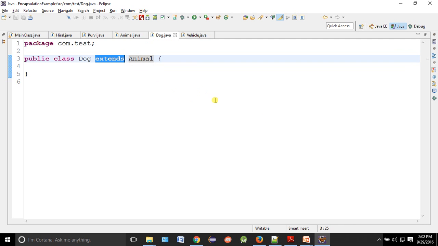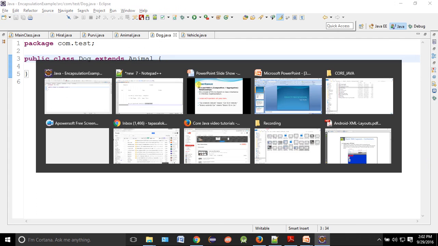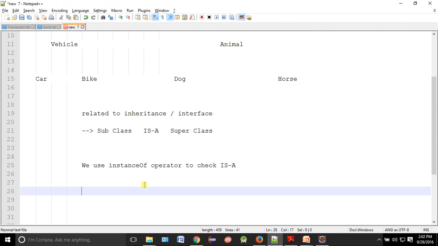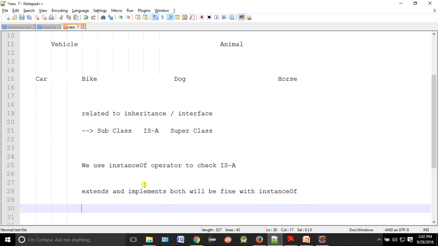So note it down: extends and implements both will be fine with instance of.